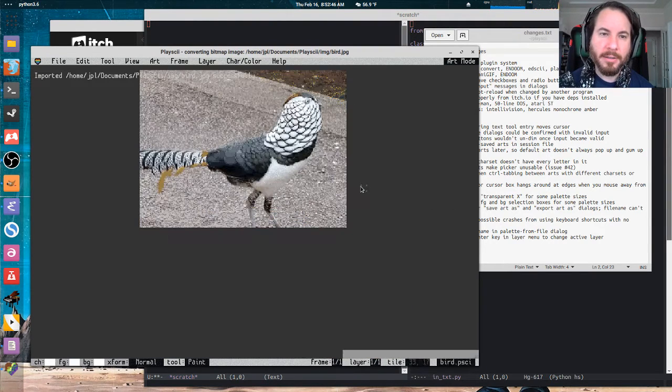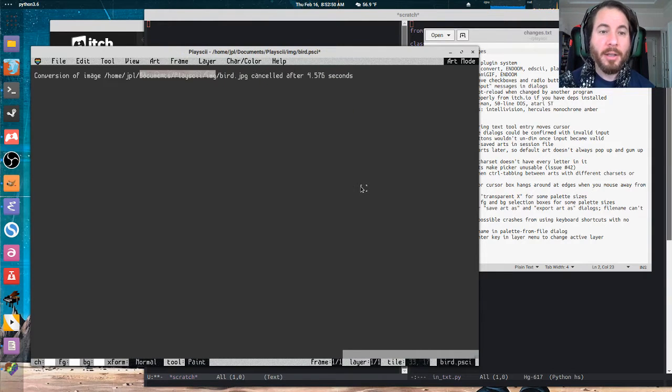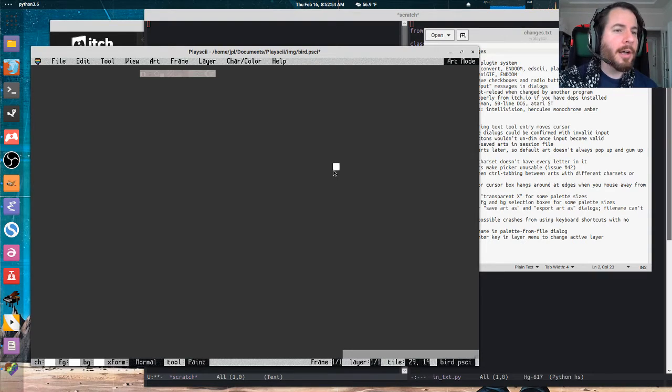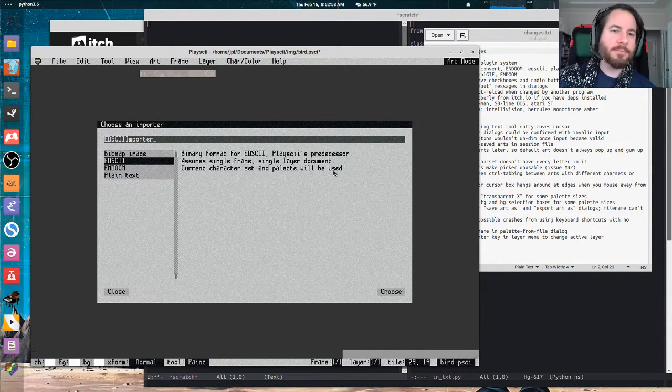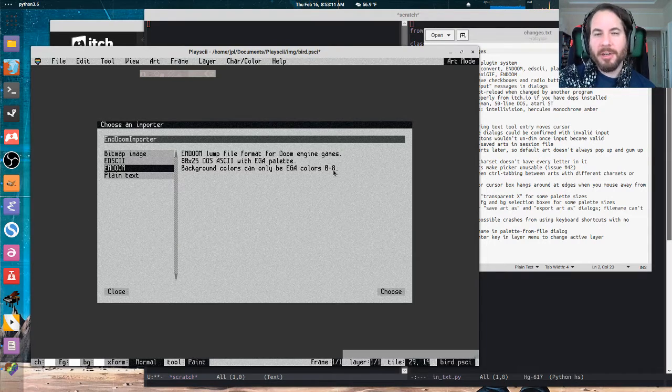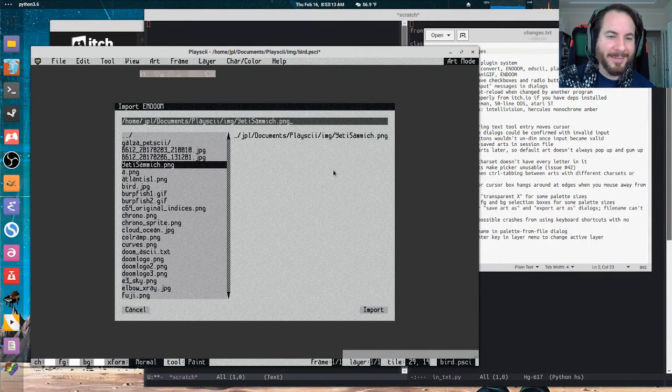Actually, this is going to kill my CPU while I'm recording here, so I don't want to do that. Anyway, the image conversion process works exactly as it did before. Other things it can do: I wanted to write some tests, and I wanted to implement some of the existing functionality into this new importer exporter system. One of the things that I wanted it to be able to do is